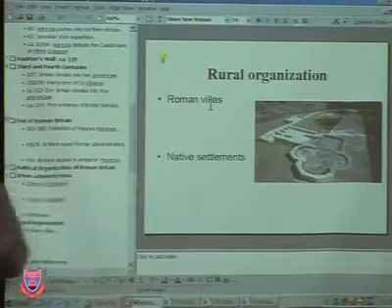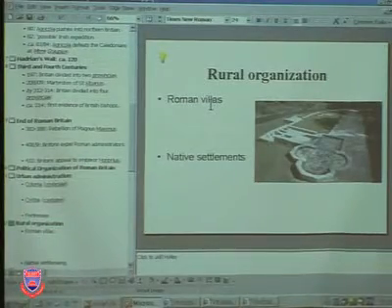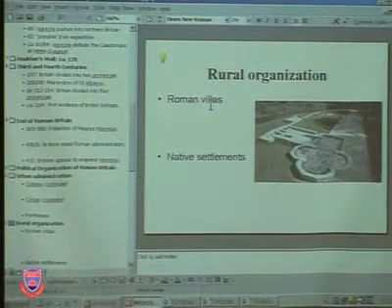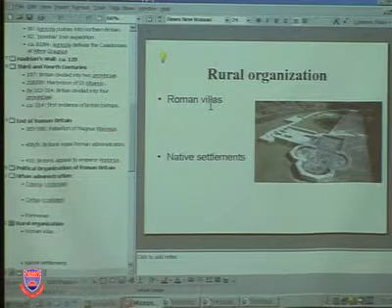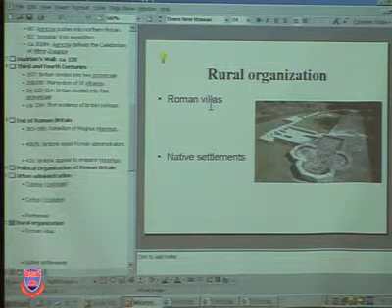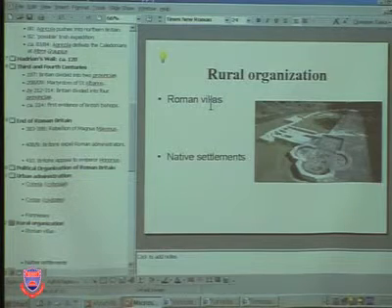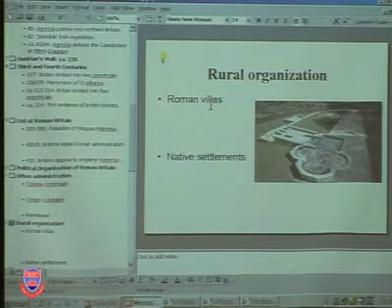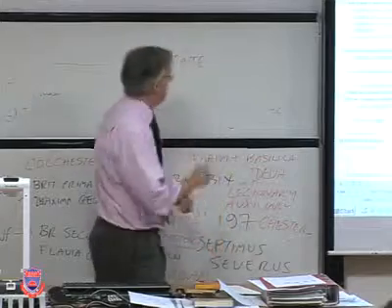A quick note here, as it's a second point, but as I said before, in addition to the villas that we've been focusing on, in North Wales and Northern England, outside the villa area, people continued, obviously, to farm and work the land. They didn't, to a large extent, live in villas. They were living in what we call native settlements, many of which were very similar to the kinds of settlements that their British and Celtic ancestors had been living in back in the Iron Age, so there's a great continuity for centuries back. Okay, these were usually